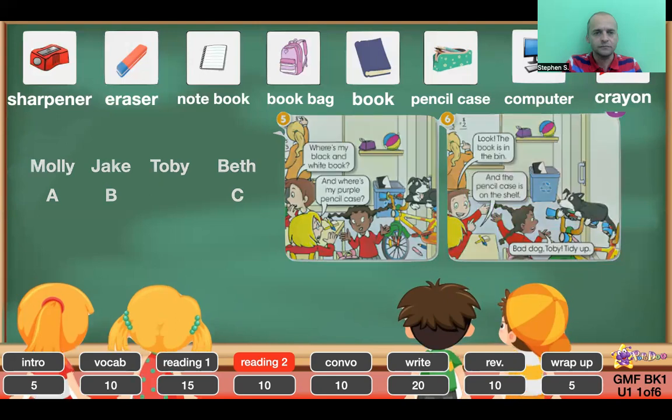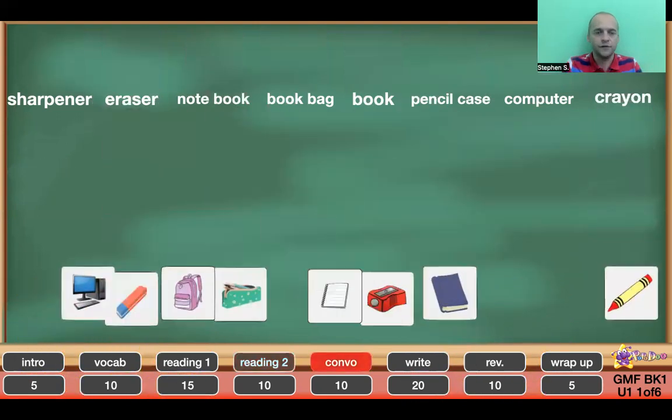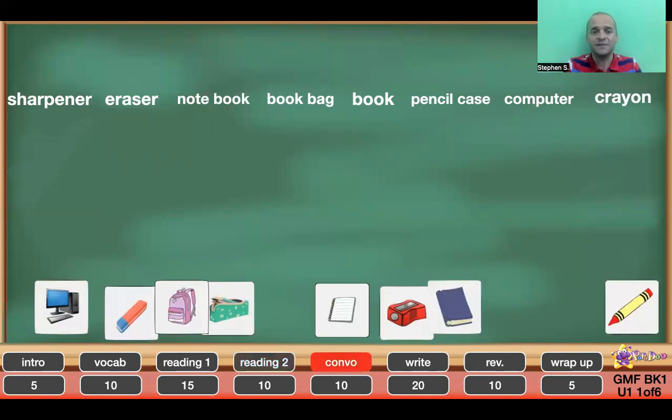Okay, so that's how we're going to do our reading part. Now that'll be for the first page, and then we do the exact same thing for the second page. I'm not going to do the whole story all at the same time. Now we're going to move on to an activity where I've taken the flashcards and moved them down